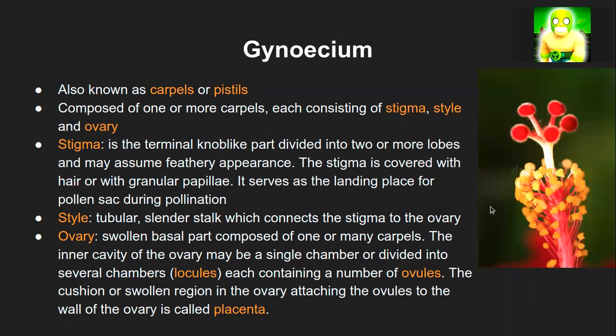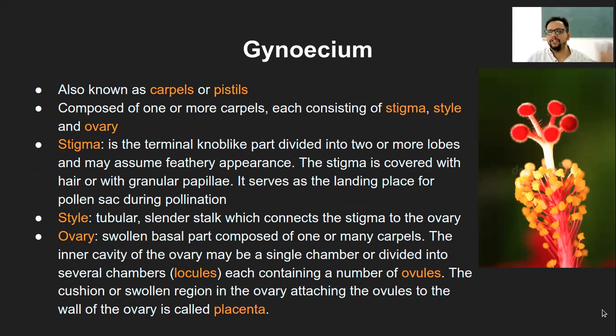Now, what is the function of the placenta? Just to attach the ovule to the ovary. Imagine if the ovules are there, they have to be attached inside the ovary to something, right? Otherwise they will just keep roaming around, free flowing within the ovary. That should not happen. And when the fertilization time has come, they have to be at one place so that the pollen grain can easily find the ovules, and then they can fertilize then and there itself. So the main function is the attachment.